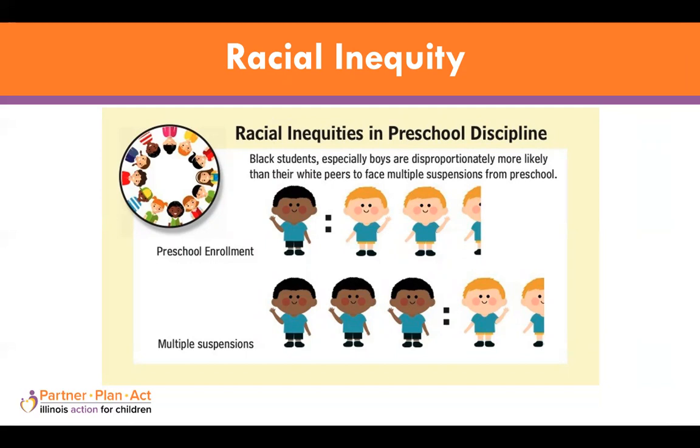Exact numbers are the following. Black preschoolers account for 47% of those suspended, even though they represent only 19% of enrollment. Disproportionate preschool suspensions are the result of adult behaviors. They arise from implicit racial biases, which impact teacher expectations. Preschool suspensions cause a loss of vital school time that contributes to the achievement gap.